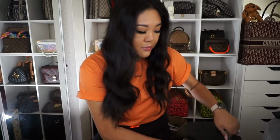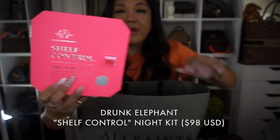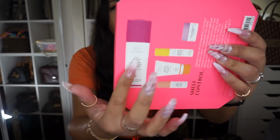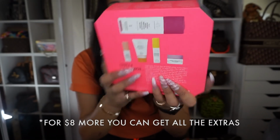And now for my Sephora haul from the Rouge sale, I'm gonna go over what I have gotten in this bag here. So one of the first things that I got was Drunk Elephant. This is one of my favorite brands. It is one of those brands that is clean, no toxins and all of those things as well. But this one here is called Shelf Control. I initially was just going to buy this here, but for $8 I got this whole pack here,